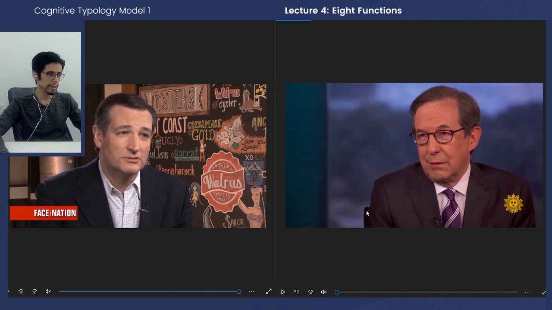So we ask, okay, we see a similarity in these samples. Is there a psychological similarity to them as well? Well, let's see. First of all, they're both involved in the political sphere. One is a candidate, but Chris Wallace is very often the one interviewing these people. And in some ways, a news anchor is almost just as much of a politician as the politicians, because they have to think like a politician to ask the right questions and to probe in the right areas. And they're both in positions of leadership and authority. So again, we're storing information in our brain. So we want to put that on the shelf for now. And let's go towards the next example.